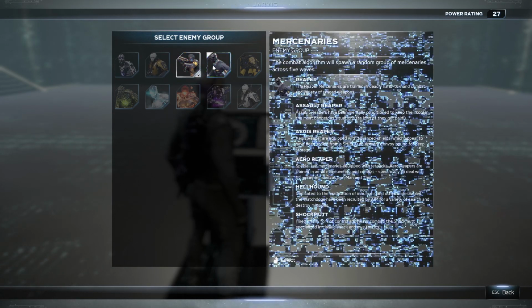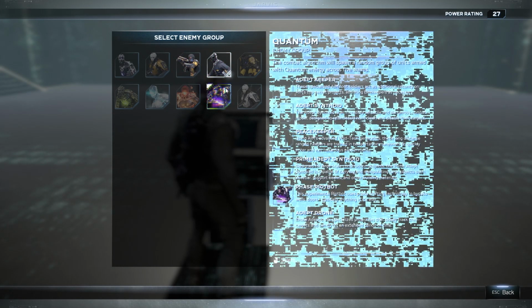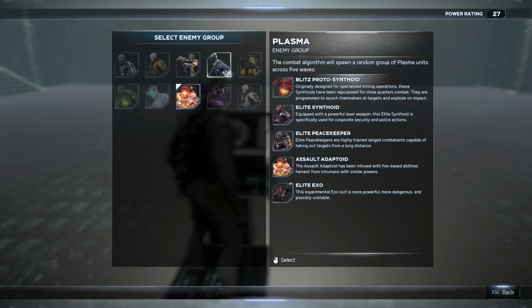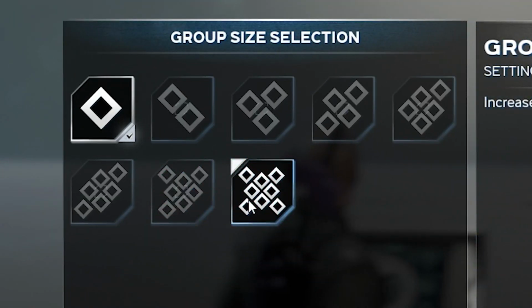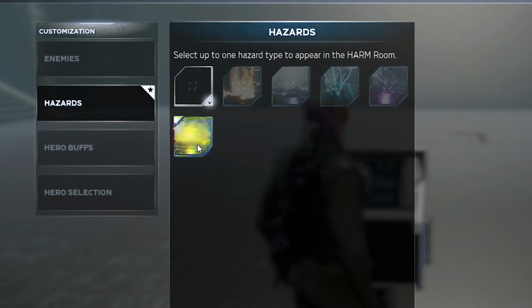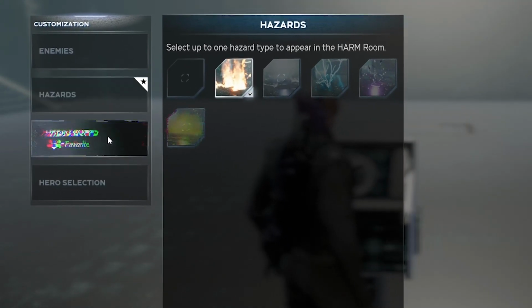If you go up to 8, it's quite a lot, especially if you're going to put up the difficulty quite high. You're going to suffer, because there are a lot of Adaptoids that can come after you if you really set it like that. Apart from that, you have 5 hazards that you can set in the arena itself